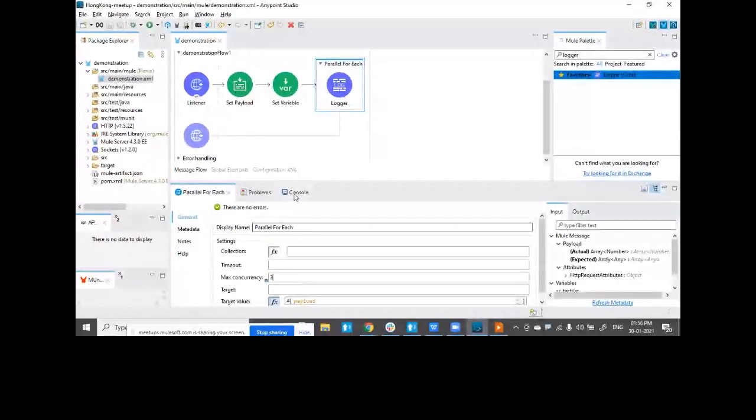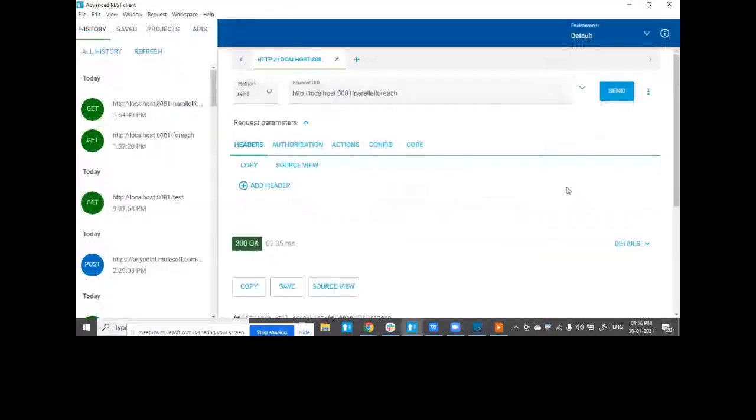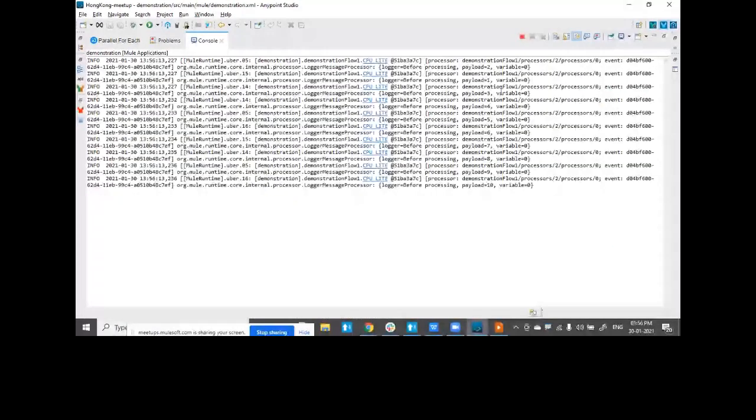Keeping this as the base, if I try to trigger the application and come back and check the console, you will observe that the order in which the records are processed now has a pattern. You can see first, second, and third getting executed first, maybe in any random order, but the first 3 records are being pushed.